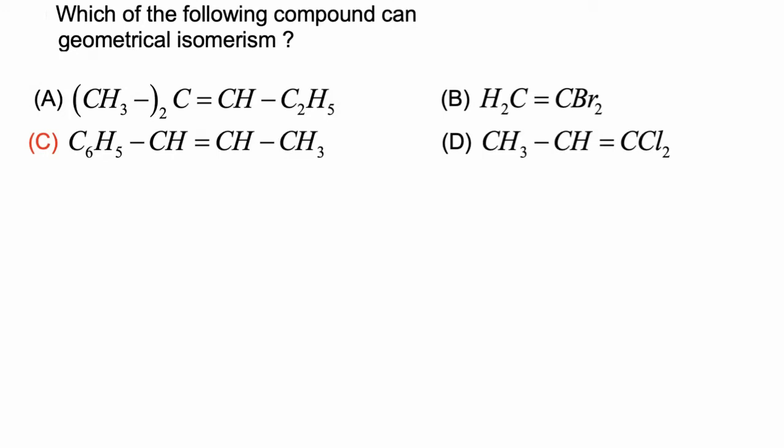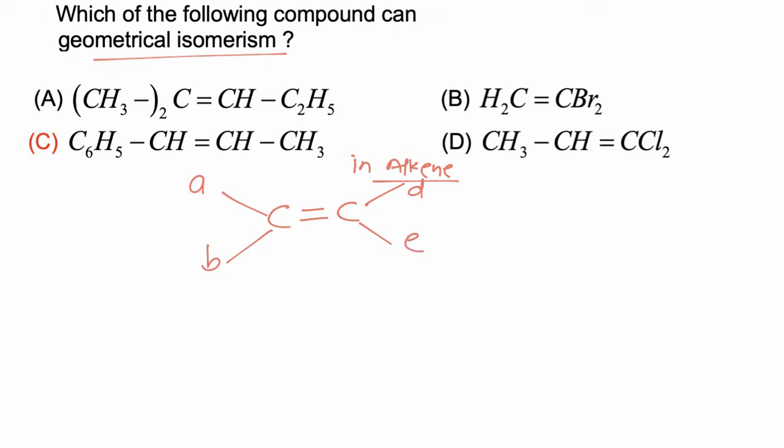In this question, we have to find which of the following compounds can show geometrical isomerism. For any molecule to show geometrical isomerism in alkene, it must have two sp2 hybridized atoms with individually different units on each sp2 hybridized atom. So, A must not equal B and D must not equal E. If any molecule follows this condition, then this molecule will show GI.